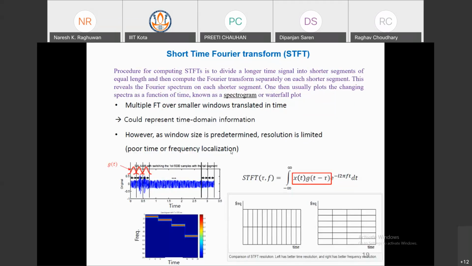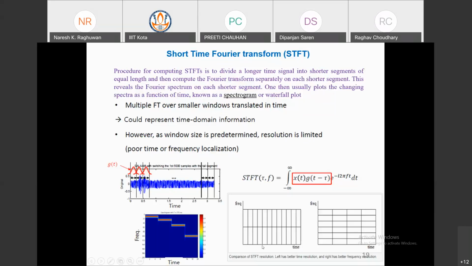Divide it into these simple small windows like this. This is the signal. So we multiply the Fourier transform over a small window and translate it into the time domain. The basic formula has a time delay or time advance, but in the graphical form, on the right hand side you will see the vertical axis is the frequency and the horizontal axis is the time. So you are dividing the frequency and time.